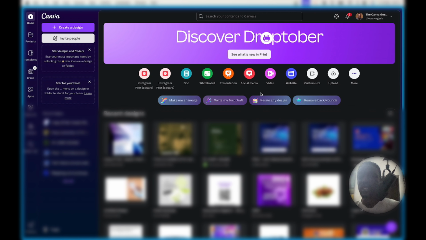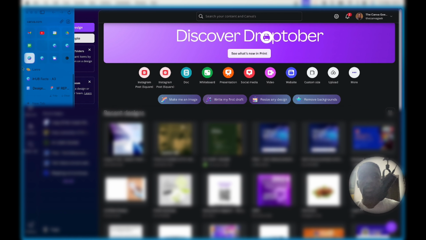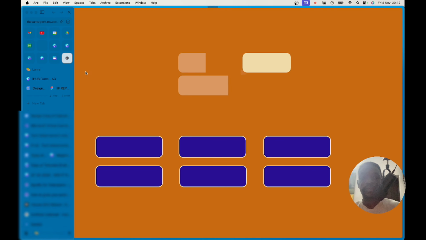Basically, we all know what a website is. One is right here in front of us, Canva's website, and it's actually easy to do a website in Canva. Most people don't even know that feature is possible on Canva, but I'll show you how simple it is to do one. Before I go on, I would like to show you a website that I have created in Canva,